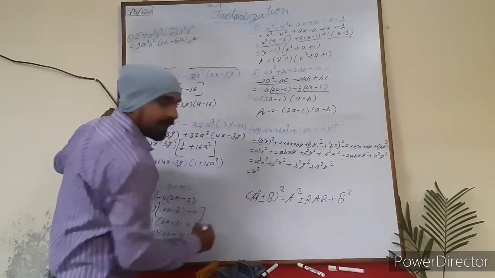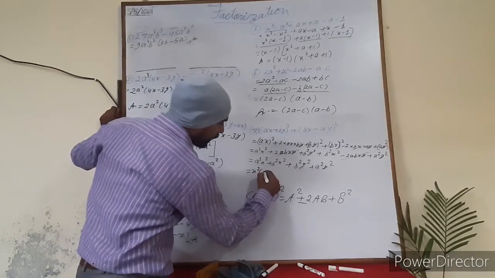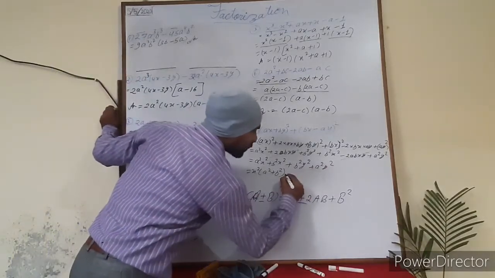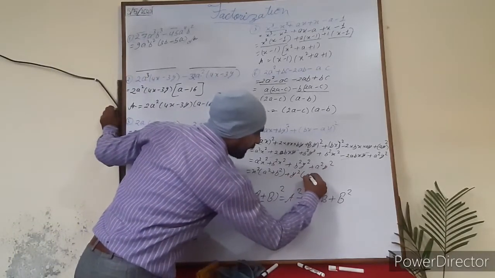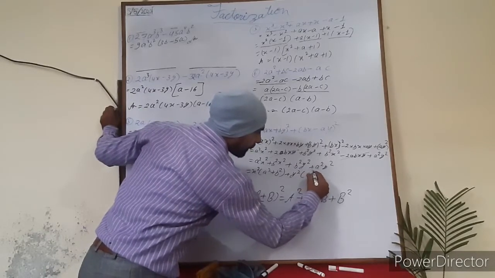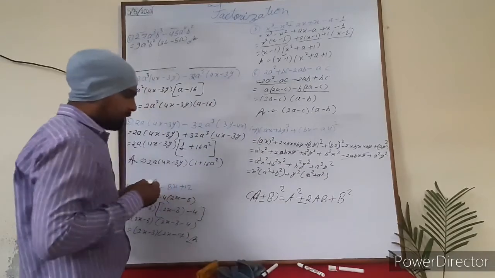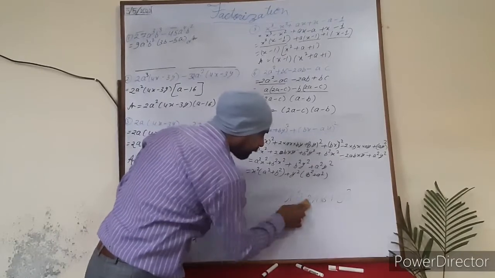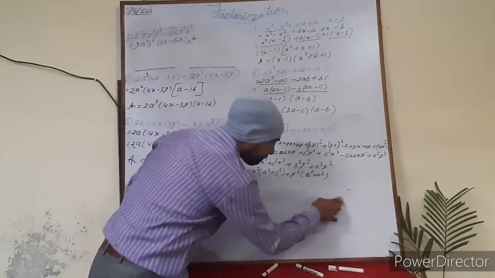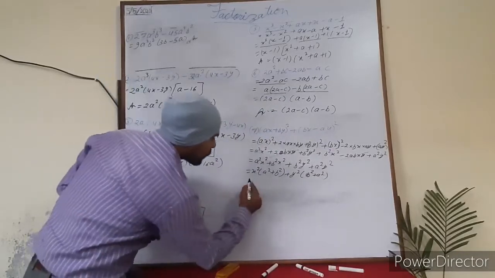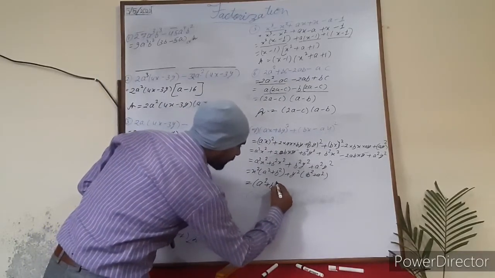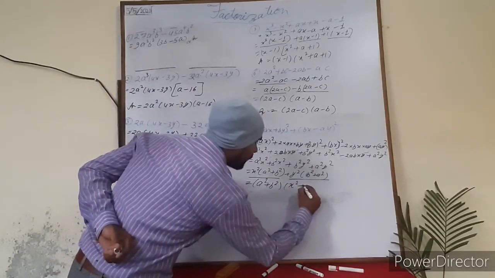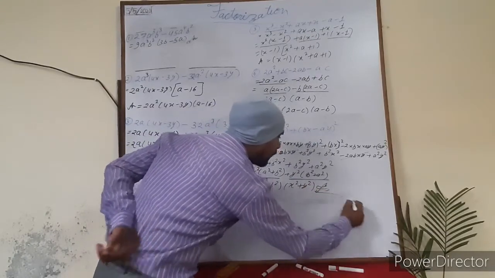So x square can be taken as common here. So inside the bracket that will be a square plus b square, then y square is common here. So inside the bracket again it is b square plus a square, or you can write it down a square plus b square. Now I can rub it also. So finally a square plus b square is common in this term as well as this term also. So in another bracket that is x square plus y square, and finally it is your answer.